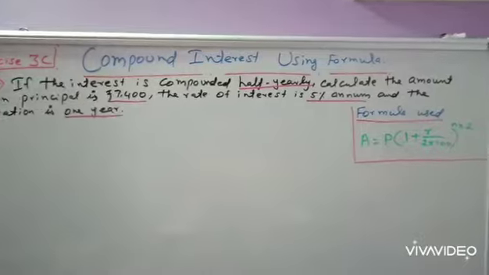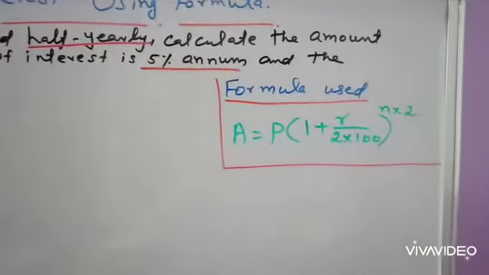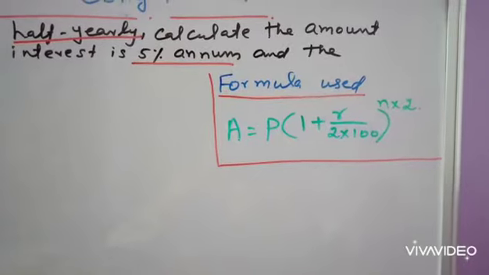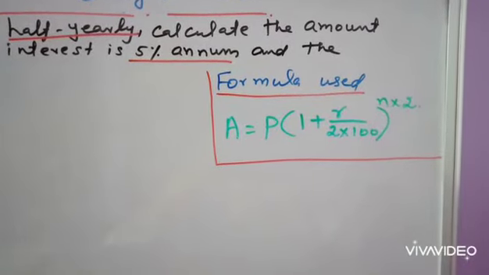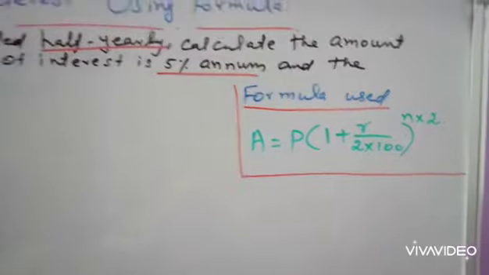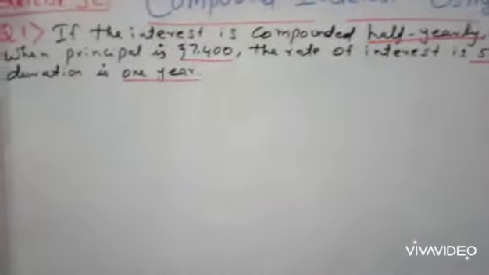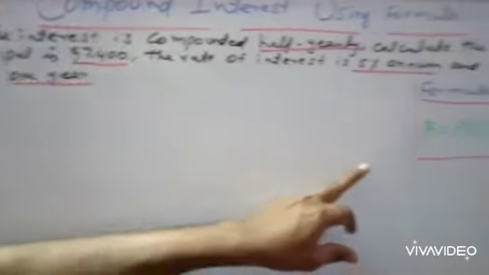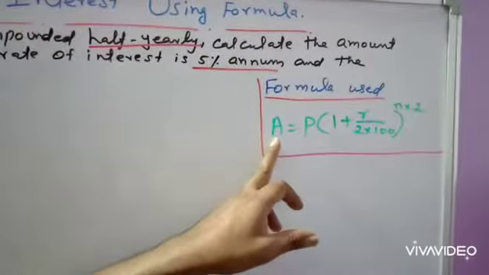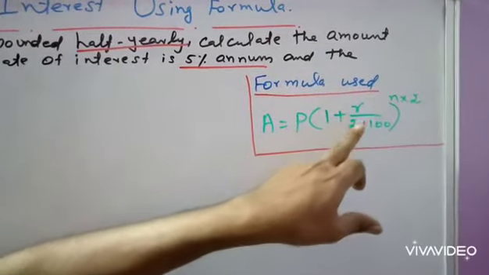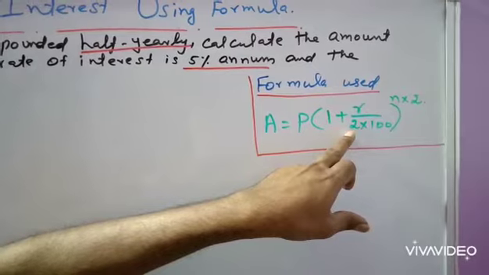So we know the formula, amount equals P into (1 plus R by 100) power n. This is the calculation for compound interest compounded annually, yearly. So now we need to calculate the compound interest half yearly. So here we need to do some adjustment.